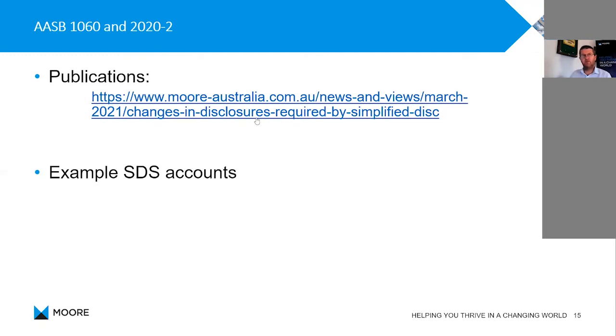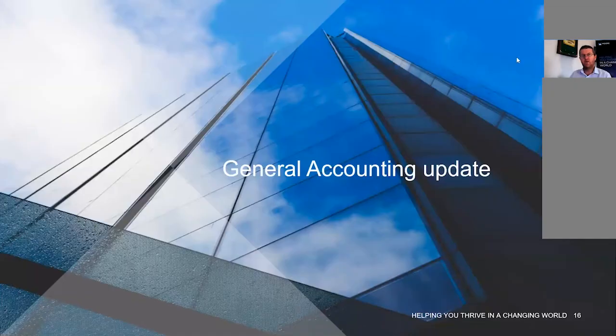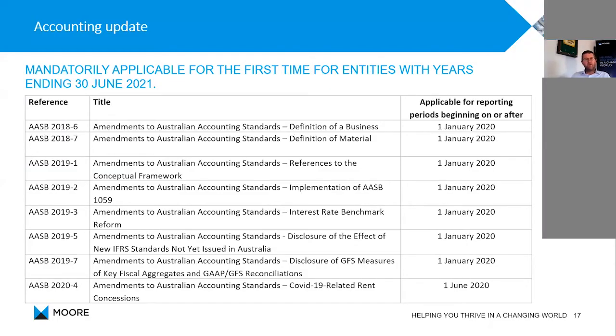I haven't noticed any questions come up in the chat box, so we'll move along with our general accounting update. One of the most common questions people ask me is, what's changing for this year? Can I roll over last year's financial statements? Are there going to be significant changes or not? So I've got a table there, and the vast majority of those probably will not have a significant influence on